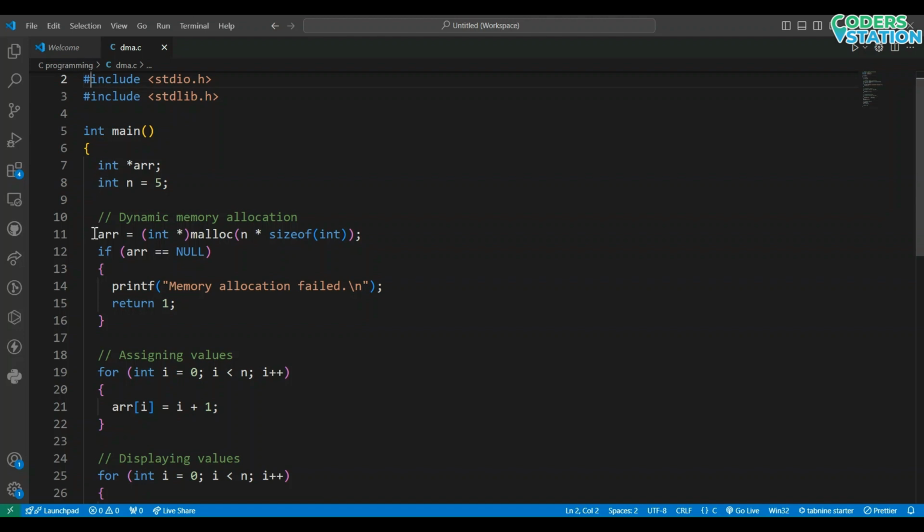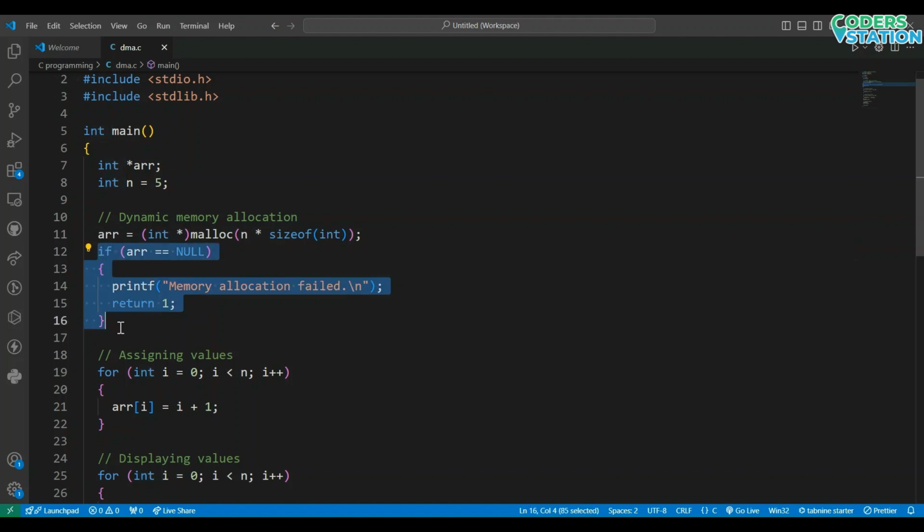Then the malloc function allocates n times the size of an integer, that is sizeof(int), bytes of memory. The int asterisk cast converts the void pointer returned by malloc to an integer pointer. If the allocation is successful, arr points to the first byte of the allocated memory.